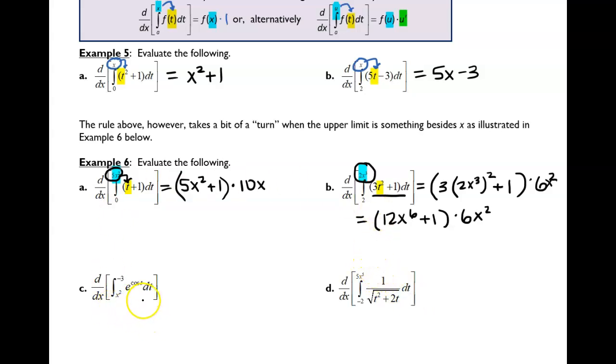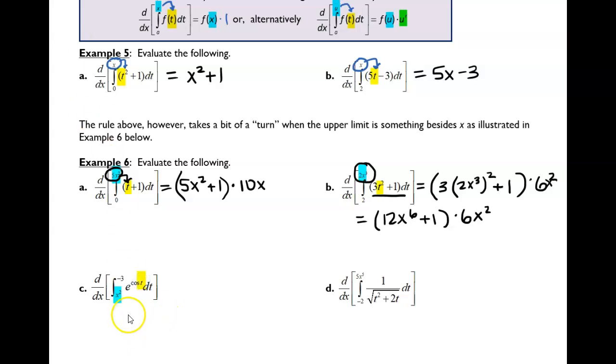In part C, I noticed that this kind of seems backwards from what we're used to. I noticed the variables on the bottom instead of on the top. And all we would need to do is switch the order there. And remember that if we switch the order, then our answer will be negative. So you don't actually have to rewrite the whole thing. You just have to make sure your answer will be negative compared, or the opposite sign of whatever your original